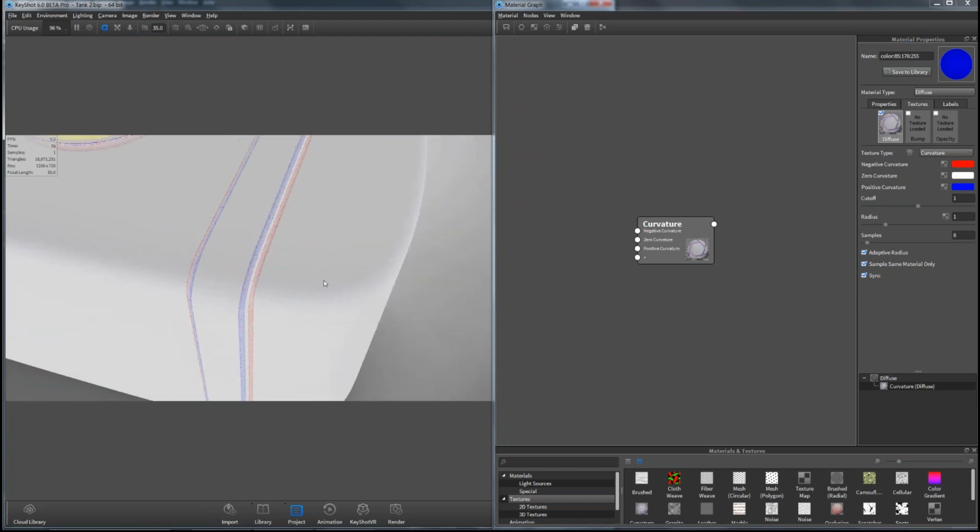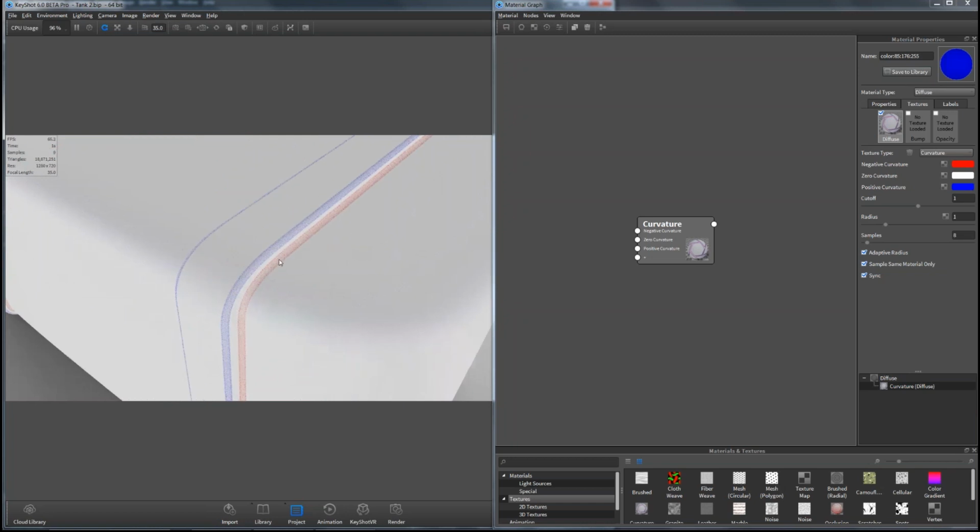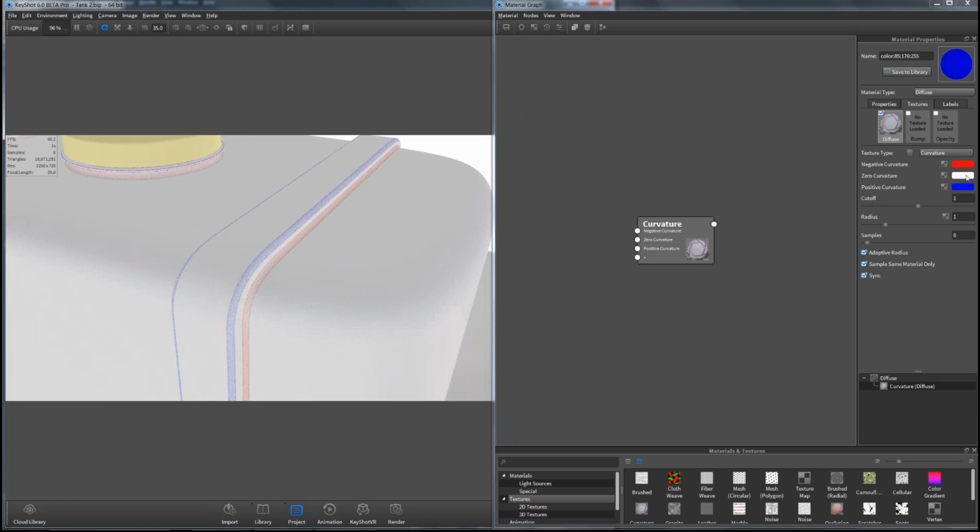So this exists today. Those of you who are working with things like oiled bronze finishes and want to be able to control a little bit more of the reflections on your material, or the color of those materials, I can adjust the color that you see on the material based off the curvature of the surface. So what does that mean? Now I've got red as negative, blue as positive, and zero as white.